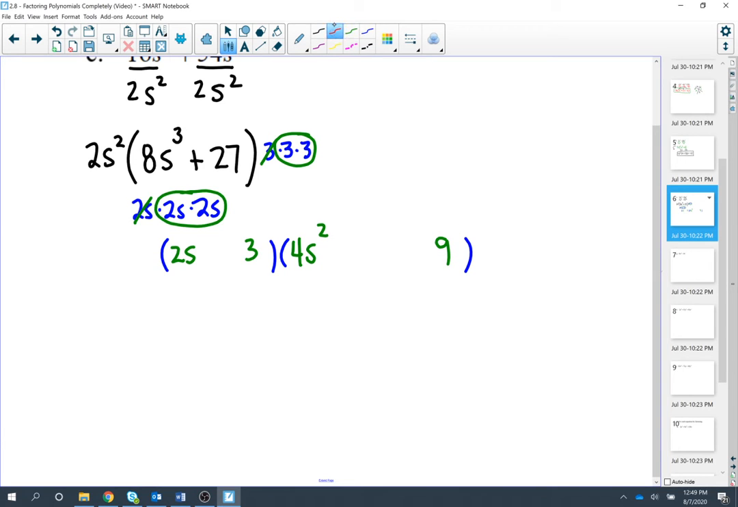Then you remember how we get that middle term? So multiply your 2s by your 3, which is going to get us 6s. And then SOAP. So there's your plus. Same. Opposite. Always positive. Then don't forget back up here you had a GCF, so we're going to bring down 2s